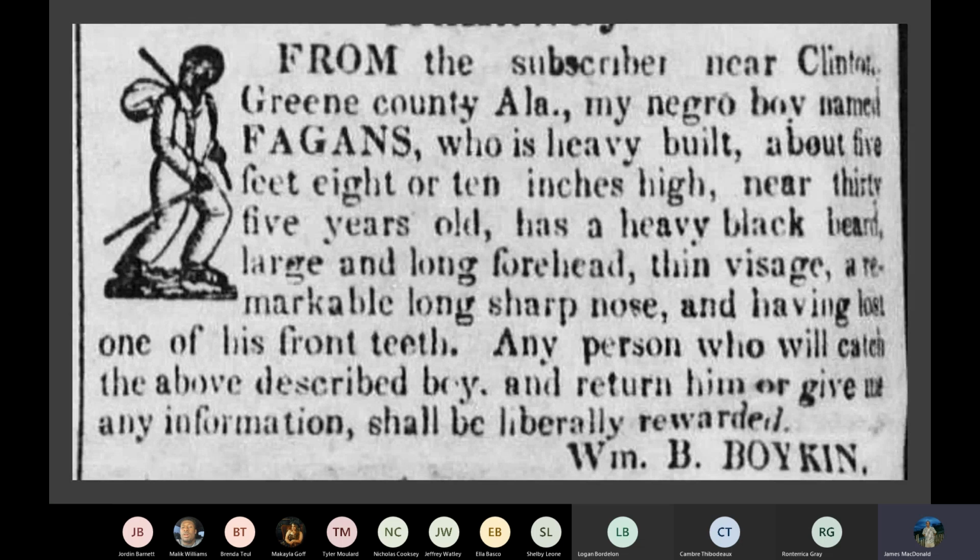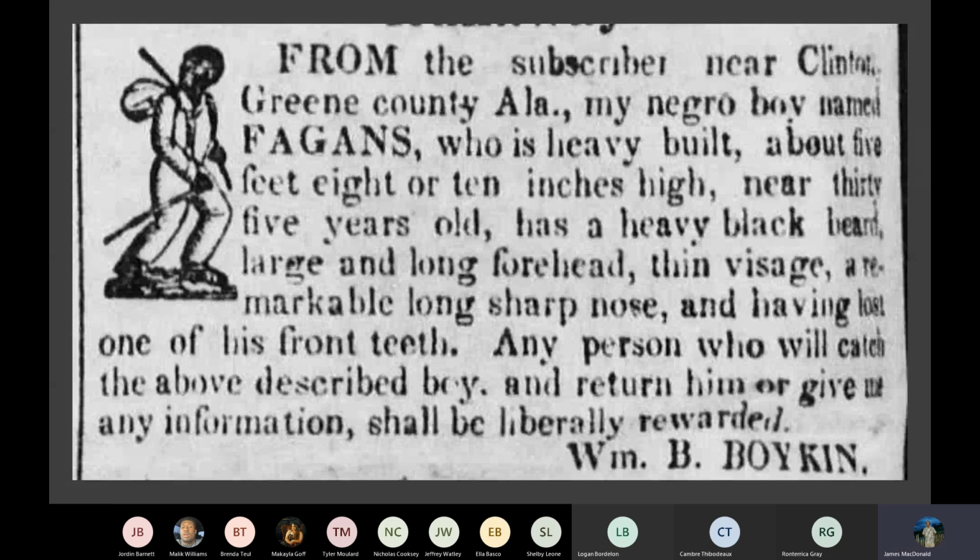Look at ads for runaways, and here's one right here. You see examples of things like, Cuffy was friendly and wanted to please. It's like the owners are saying in these ads, I have no idea why the guy or girl would want to run away. I mean, other than the fact that they were enslaved, but that part isn't usually stated in the newspaper advertisement. And that's what this is right here.